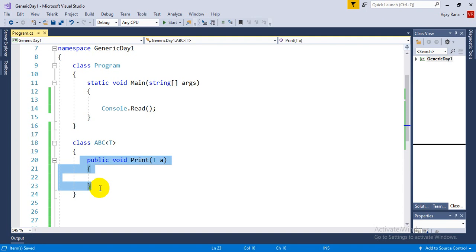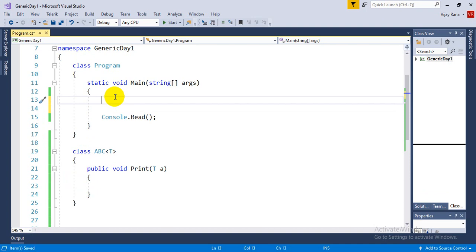That type can change from object to object, because in every object we can provide a different data type. Let's see what this means. Usually we create an object as class name, object name is equal to new class name, but it's my generic class.